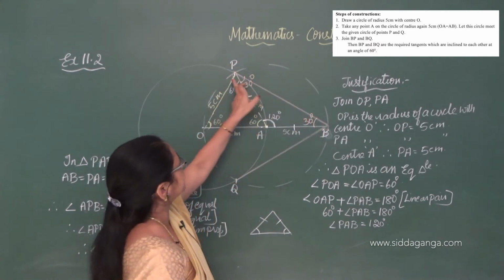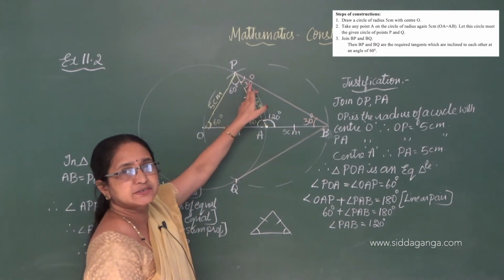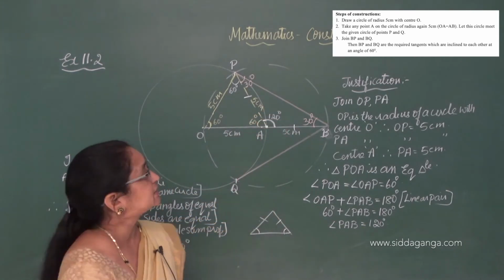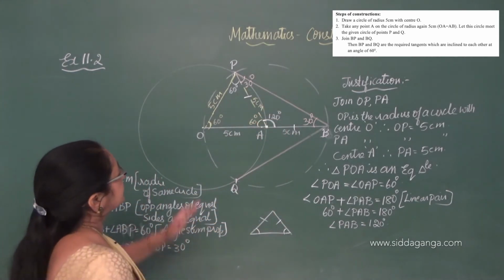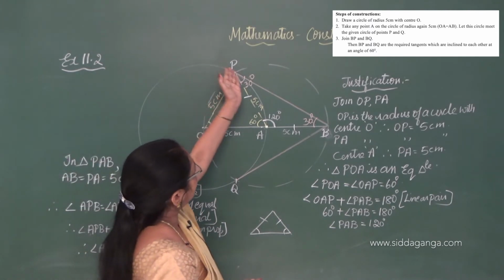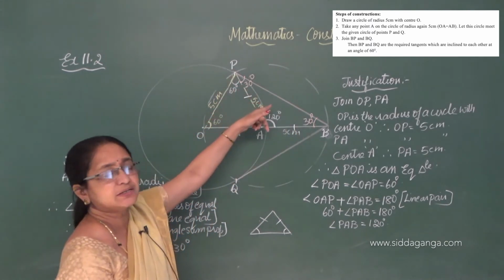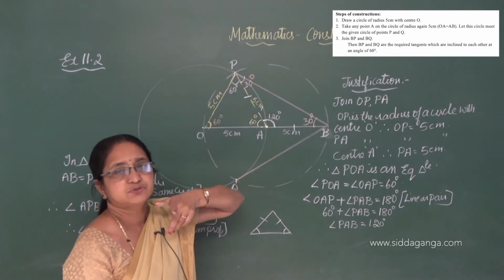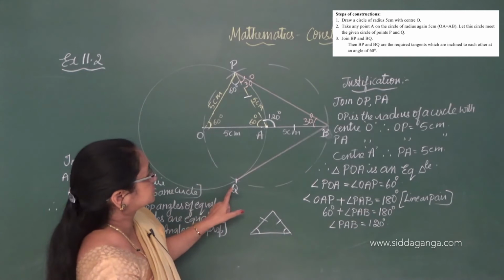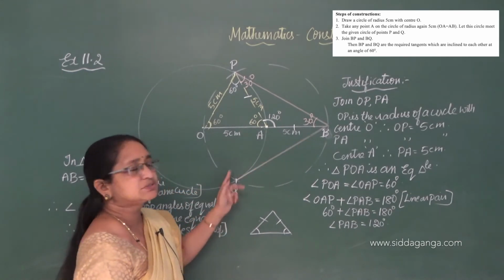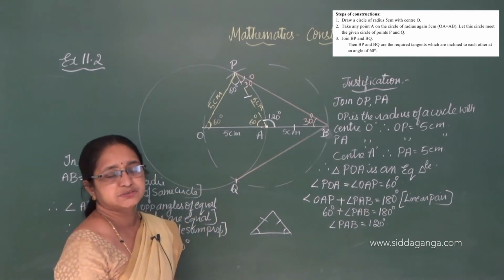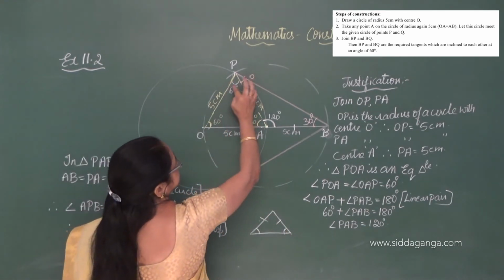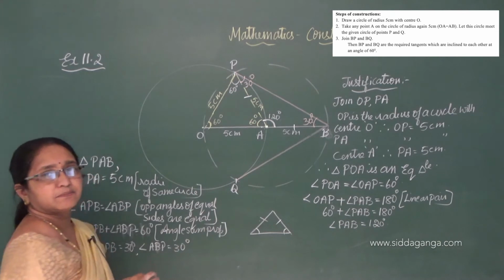OPB is 90 degree, see here, 90 degree. So again, how can we prove that they are tangent? Because you all know, if the radius of a circle and the line are perpendicular, then definitely that line will be a tangent. The same thing holds here also. So similarly, BQ is also a tangent. I hope you understood this. Why am I taking all these steps? Only to prove that this is 90 degree.